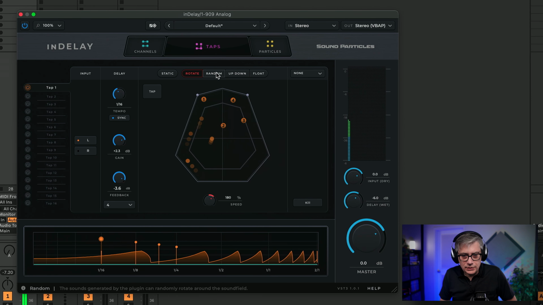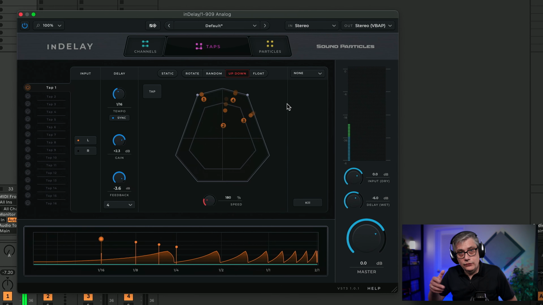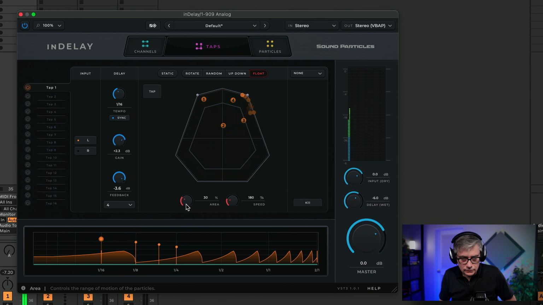We can change the speed. We can have that random. We can have them up and down, and they always move together, or we can also have them float. And we can increase the area and do all kinds of crazy things with it.